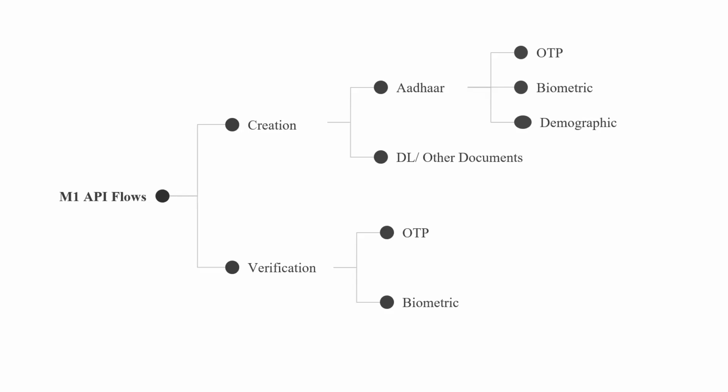Through Aadhaar, we support 3 modes of authentication. One is OTP, the second one is biometric, and the third one is demographic authentication. Again, verification happens through 2 methods, OTP and biometric. OTP is very simple. This is a one-time password on your phone. Biometric can be a fingerprint authentication,